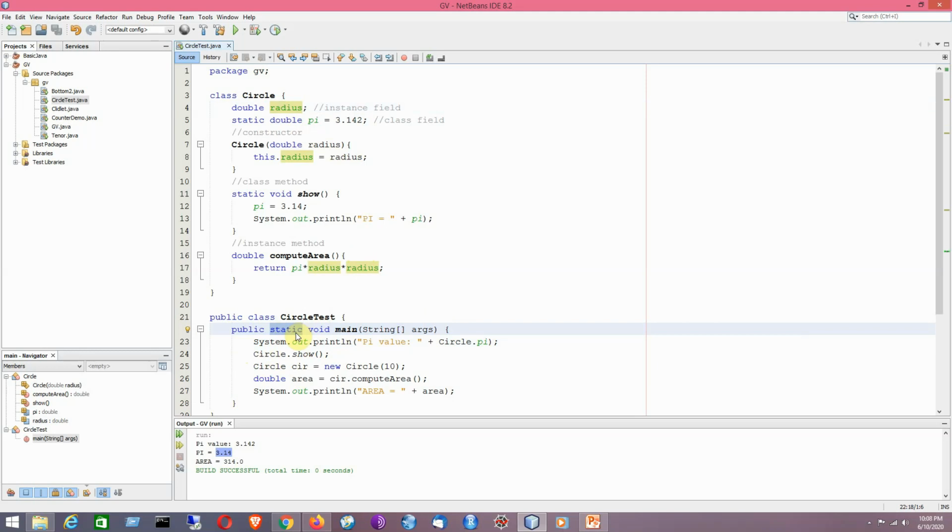Like the program execution will always begin at main. So at the beginning there will not be any object. So that is why by using the static keyword, being static, that means you will be able to call it directly, that means without using any object. So that is the idea.